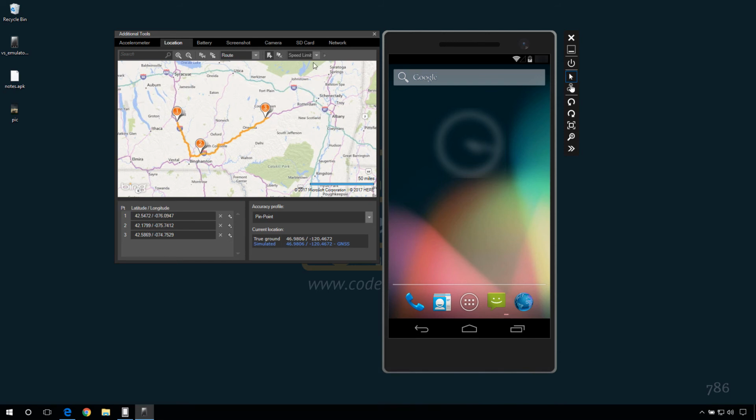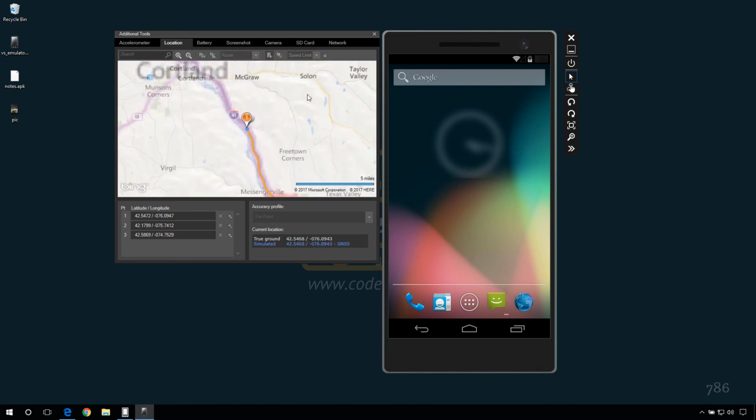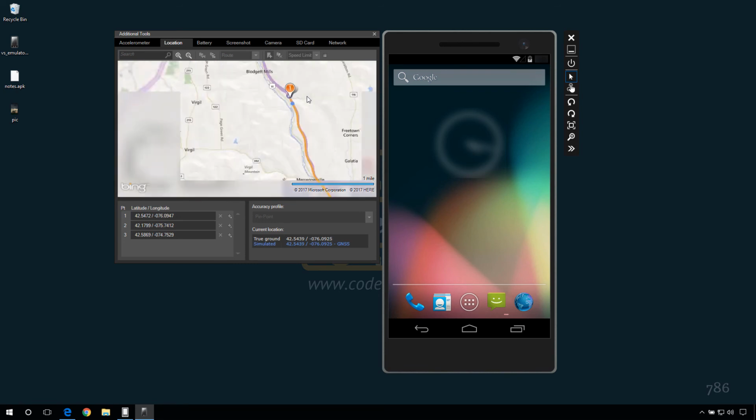Now you can drive this route by selecting one of the options here, and you will see a live journey across the map. Clear the points by clicking this.